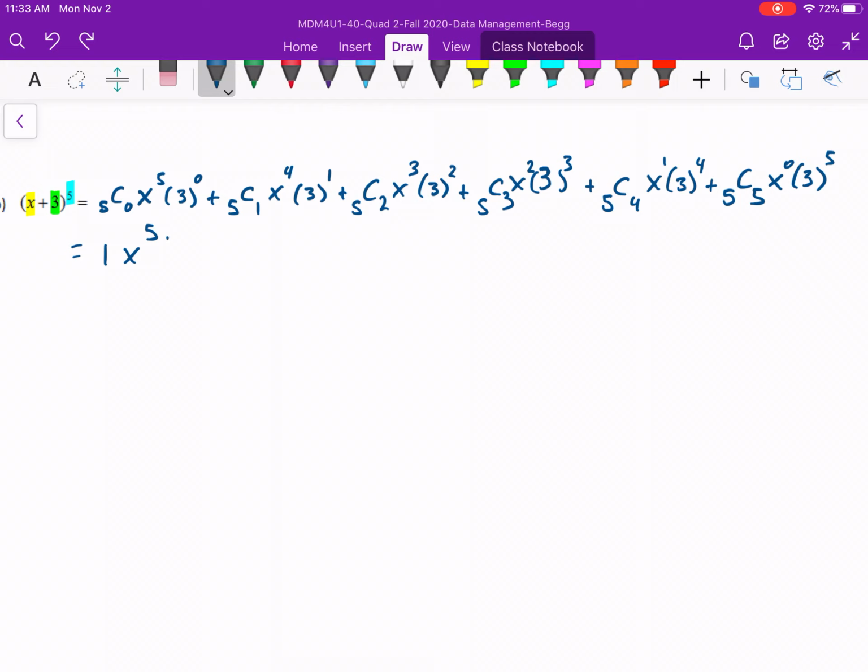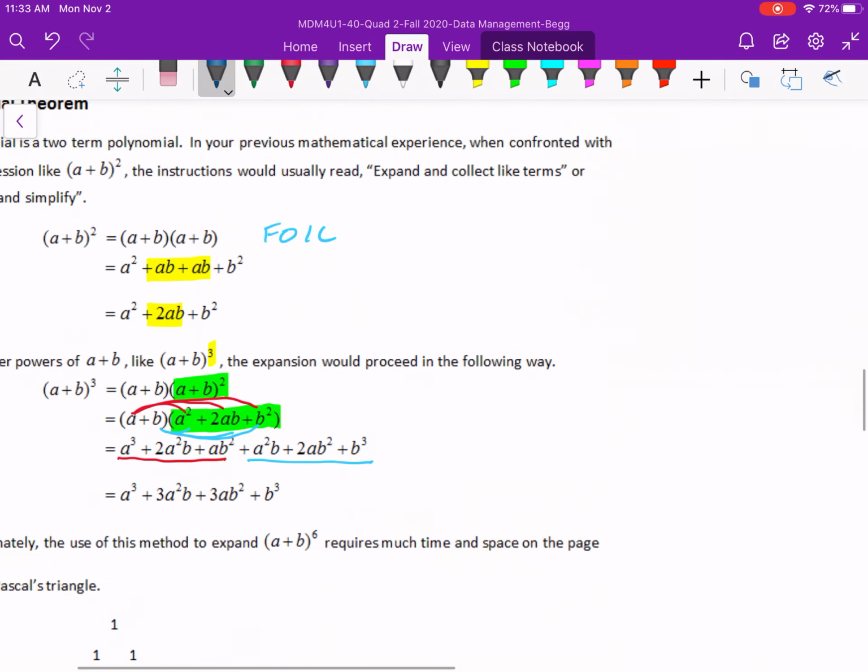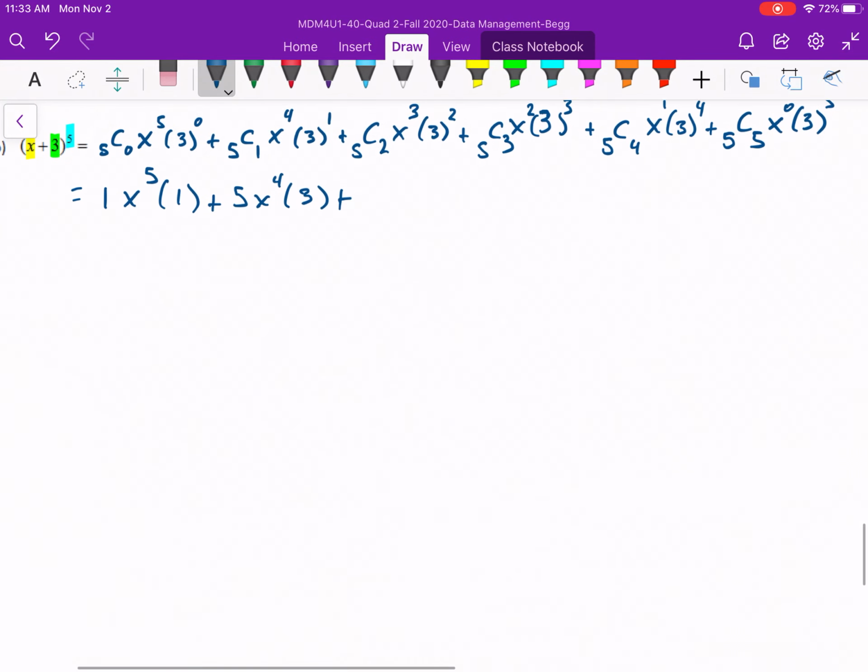So I get 3 to the 0 just equals 1, and 3 to the 1 equals 3. And what do I have next? 5 choose 2 is 10, I believe. I'm already forgetting. I think it's 5, 10, 10. Went too far, didn't I? 1, 5, 10, 10, 5, 1. Okay, so